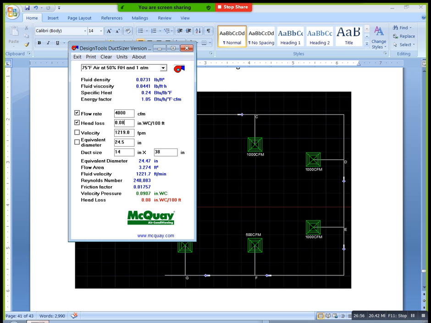For example, I completed B to C. Next, C to D. In the C to D condition, how much duct do we need? You can mention 3000 here. Okay, we got our duct size 14 by 30. Can you write this one? That is the C to D section. Next you will write D to E. In the D to E condition we have 2000 as CFM. Wait, 3000. Okay, next 2000. In the 2000 condition, can you write this? 22 by 14 inch is our duct size.